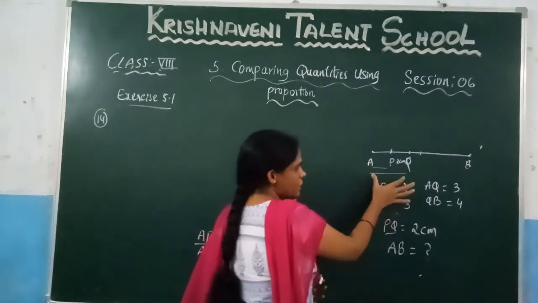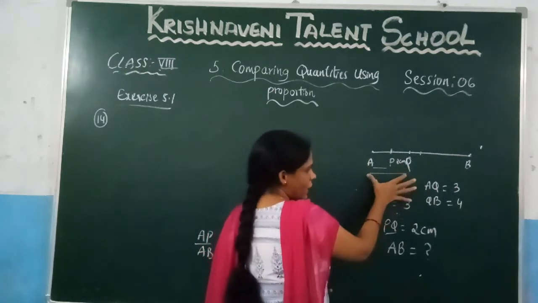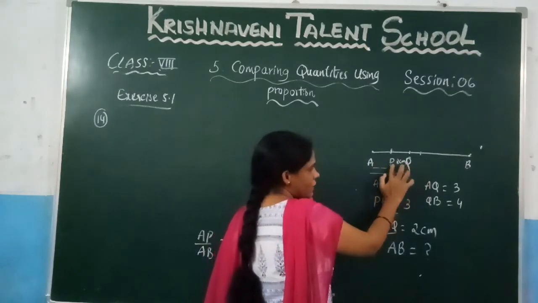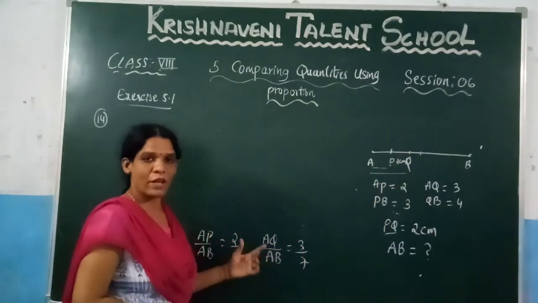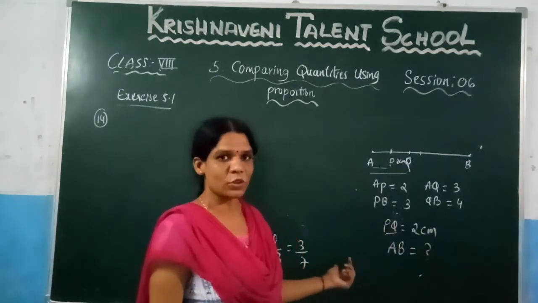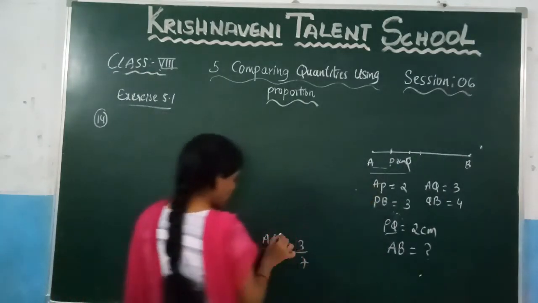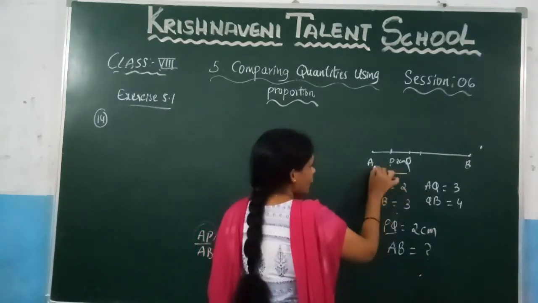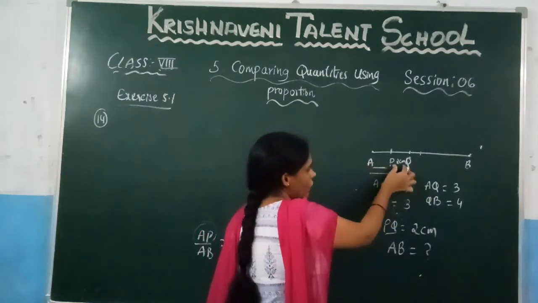Observe that if you subtract AQ from AP, you will get PQ, right? I am subtracting this total length from this part. If I subtract these two parts, what will you get? I will get this length, right? Since I know the length of PQ, I am subtracting these two values. These two ratios we need to subtract, because here AQ is there, here AP is there. Let us see, this is AQ and this is AP. How will you get PQ? If you subtract AQ from AP, you will get PQ, right?